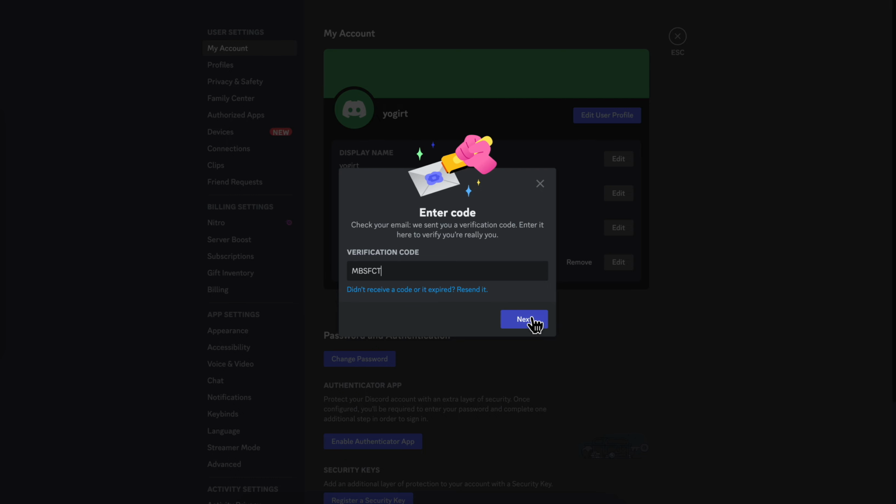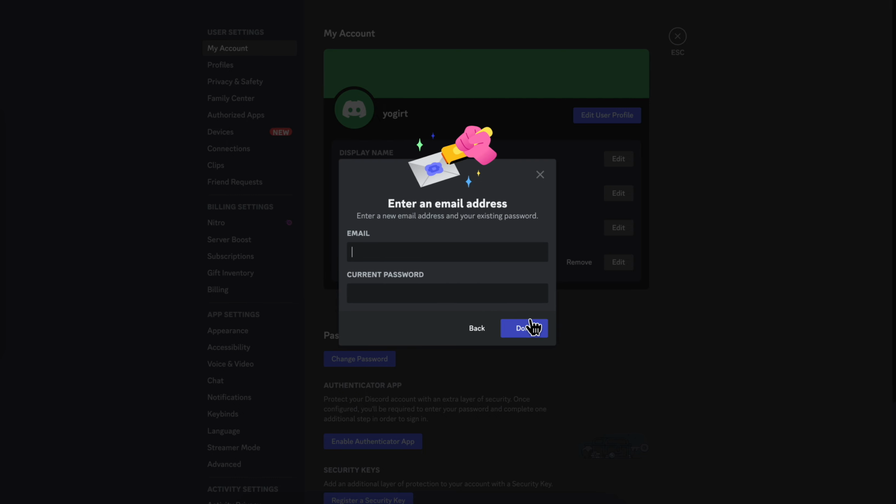Then simply click on next, and then here what you're gonna have to do is simply enter the new owner email address and your current password, and then simply click on done. And basically that's all you have to do in order to change email and transfer Discord account